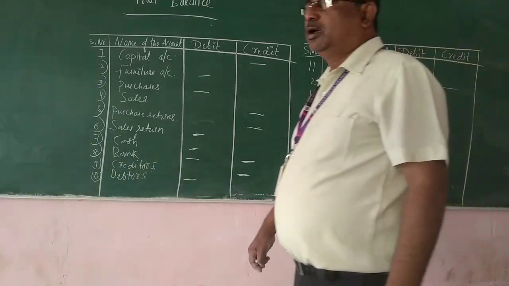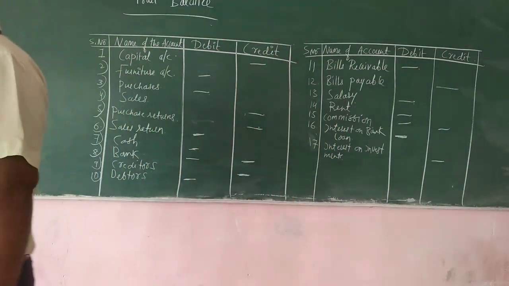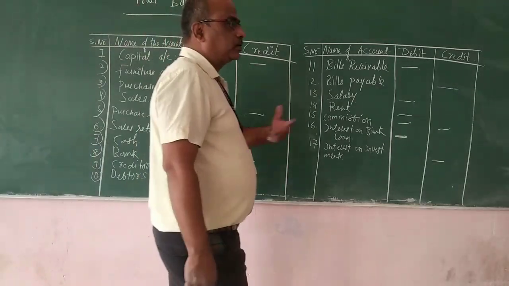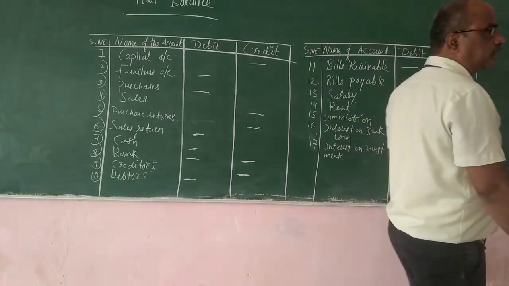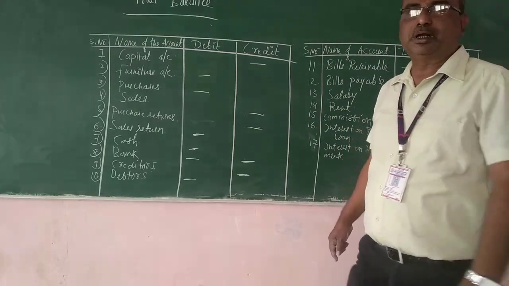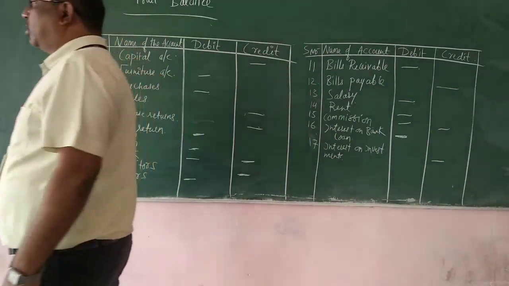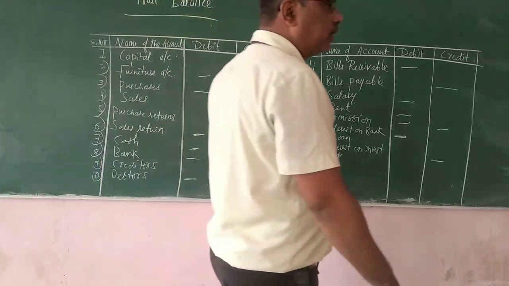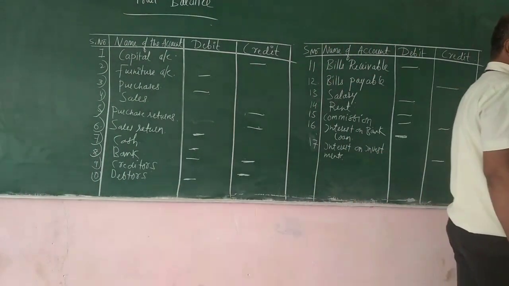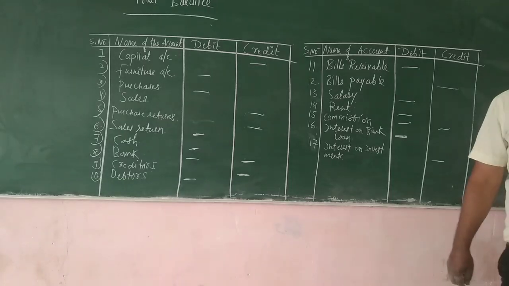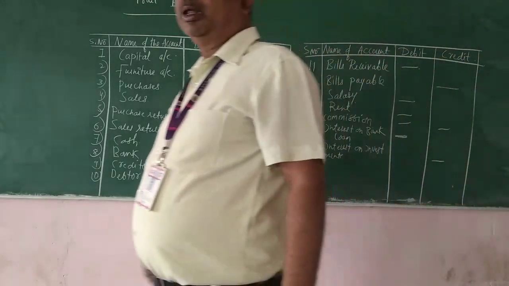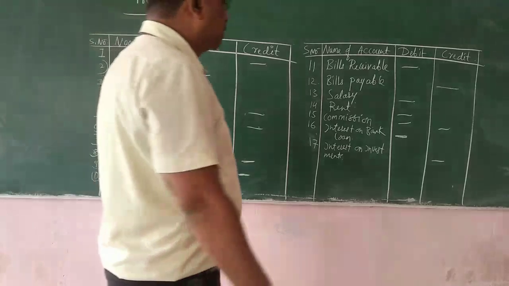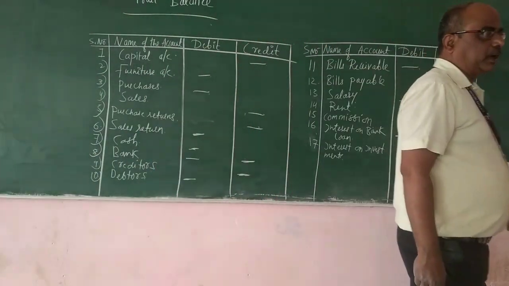So write down this. We will prepare some trial balances and try to understand the next part of the chapter, that is rectification of errors and preparation of trial balance. We have already learned the rectification of errors. Now we will learn how to prepare the trial balance in this session. We will continue with the preparation of one trial balance with the help of the information available.